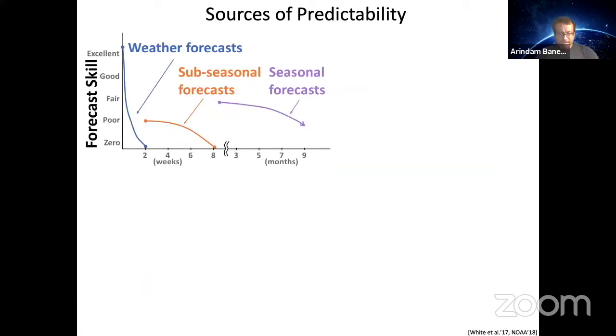So how much skill do we have with these forecast models? Weather forecasts, we know, are something we probably all use. We look up the weather and we know that for the next 3-4 days, 5 days, it's pretty reasonable. But the weather forecasting skill actually drops pretty dramatically as you go beyond 7 to 10 days. 2 weeks out, it's not very good, right? And then seasonal forecast, interestingly, we get pretty reasonable forecasts, broadly categorized as fair. This is a schematic from the White et al. summary paper a couple of years back. Subseasonal is actually lower than even seasonal in some sense.